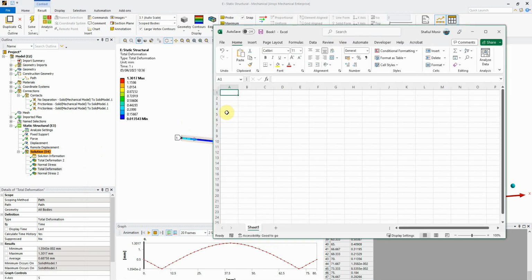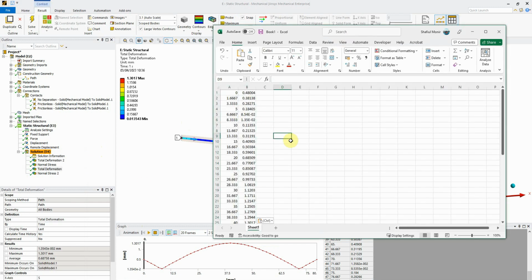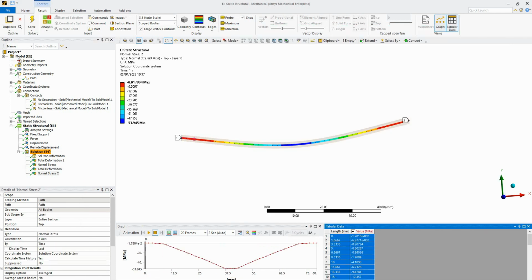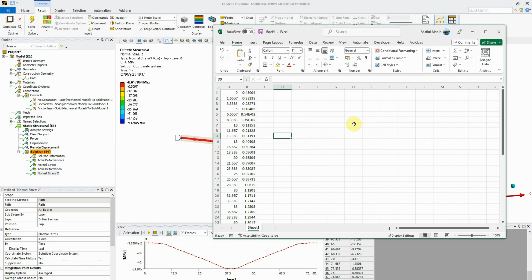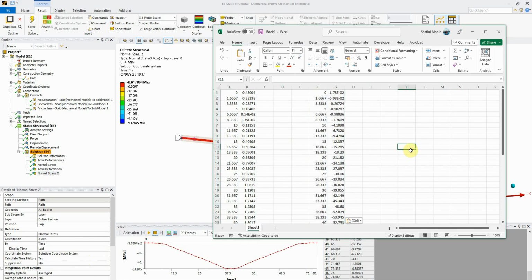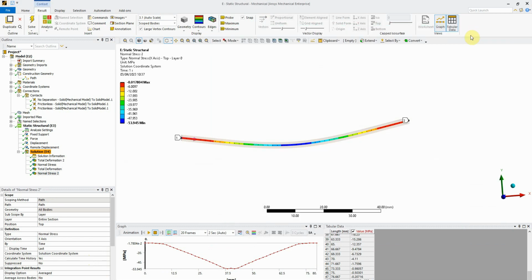So open up Excel, Control B, so you've got a deformation there, and then you can go to normal stress, and again here, Control C, go to your Excel, Control V, so you've got stress values there. You just minimize that now for a second. And obviously that's one experiment or one numerical